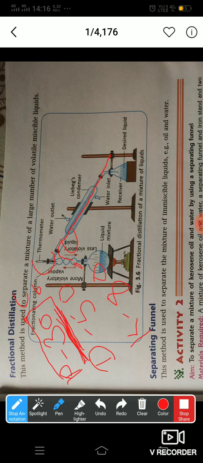So you can remove the receiver from here and replace it with a new one. The temperature now will reach 50 degrees Celsius, and the diesel vapors will start forming, which will again pass through the fractionating column, then through the condenser, and by the process of condensation, diesel will start getting collected in the next container.